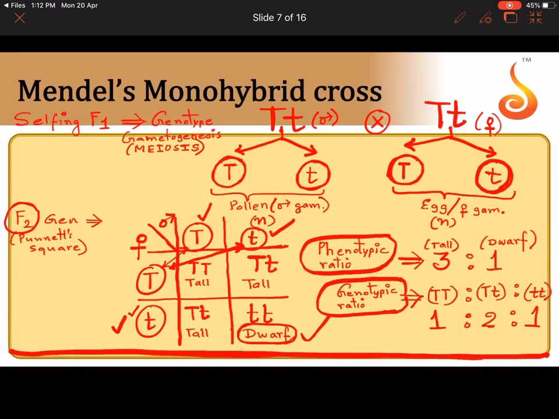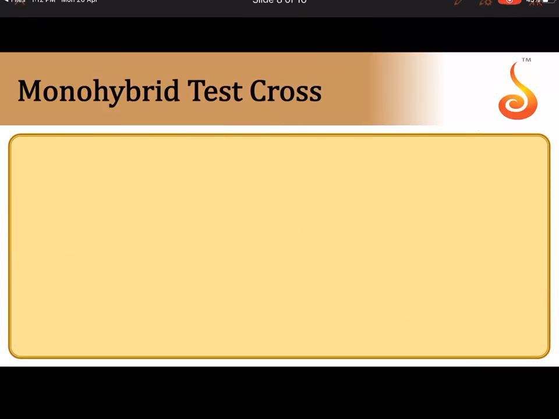Sometimes they may not say just draw the scheme. Sometimes they will ask you to explain also. Explanation will carry about 2 marks and the schematic representation will carry about 3 marks. Is it clear to all of you? So why is it important here, the reappearance of dwarf? How did the dwarf plant reappear? Because the gamete here, see the pollen here has received small t. The egg here has received small t. That means in the F1 hybrid, capital T and small t. Let me change the slide to give you an explanation.